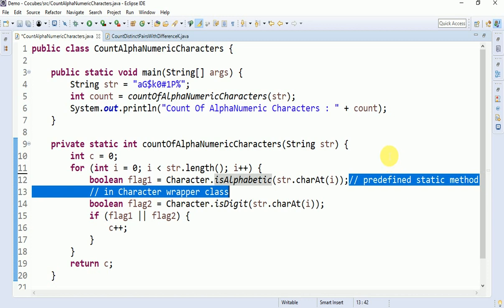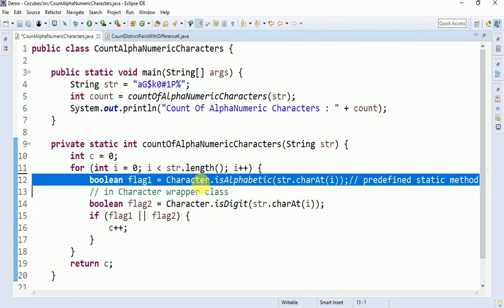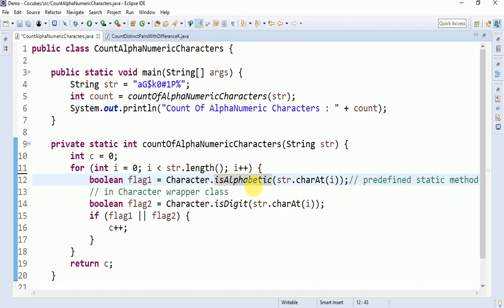We have predefined methods in that. Here we have written the class name dot isAlphabetic. That means isAlphabetic is a static method, so we call it with the class name, and in the end it returns a boolean type.